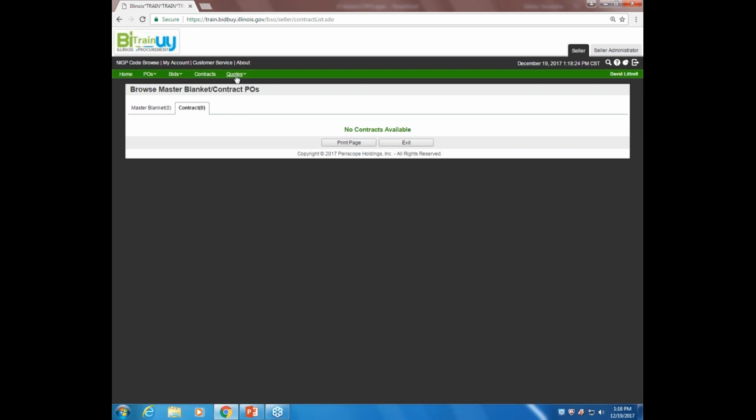As we get into moving on to the quotes, you'll see where there is the informal quotes. This is where you're going to be able to view all your informal quotes that are requested by the state. The informal quotes will be like your purchases that are below the small purchase threshold, as well as your formal quotes that are in process or submitted by you, that you'll be able to work through here. So your working